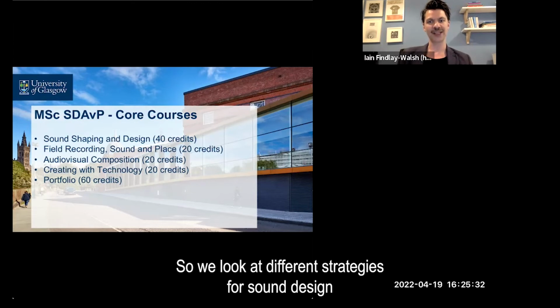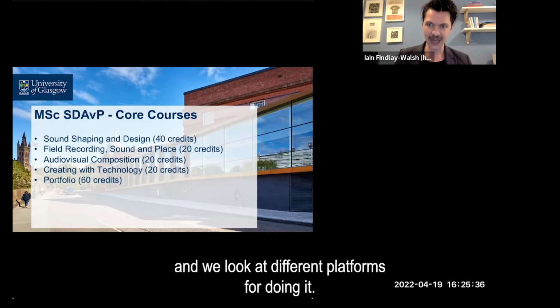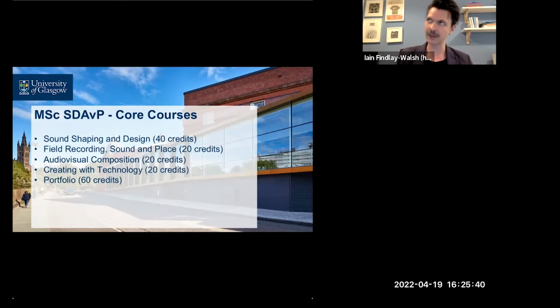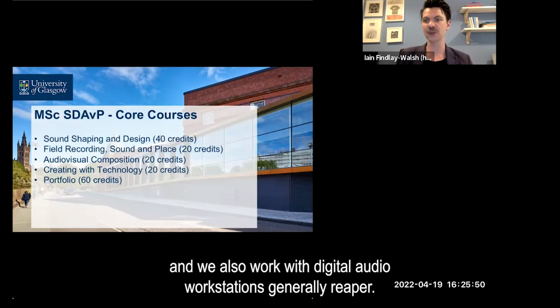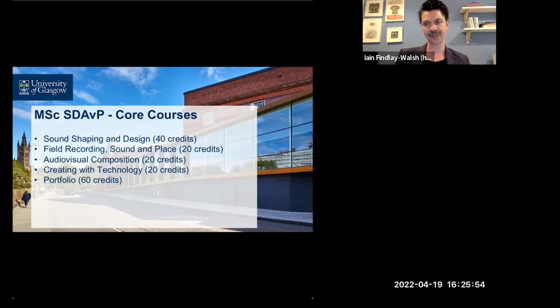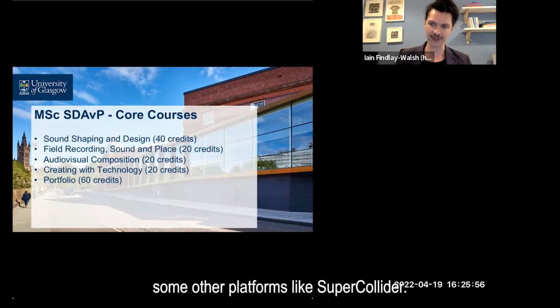So we look at different strategies for sound design, and we look at different platforms for doing it. Generally on the course we engage with Max MSP as a non-linear platform for working with audio, and we also work with digital audio workstations, generally Reaper, and some other platforms like SuperCollider.